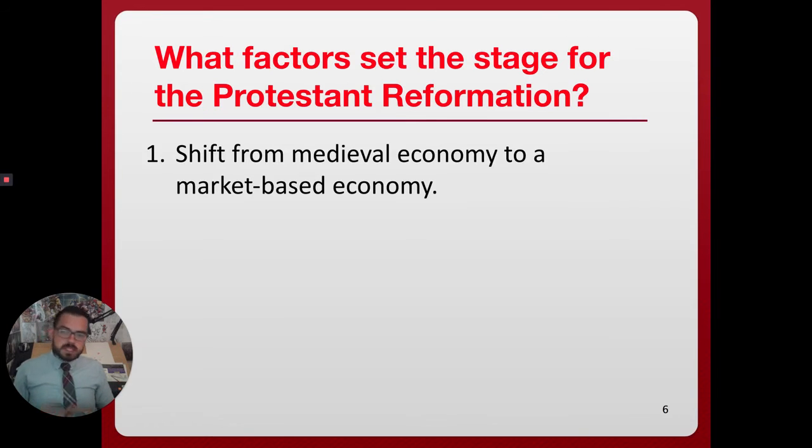Now, what happens in Italy and ultimately the northern countries as well, is there's a shift to the market-based economy. And this actually starts with the Renaissance in Florence with the Medici family. The Medici family are bankers. Okay, they actually start loaning money out, which people weren't doing at that time, unless you were Jewish. The reason, because the Catholic Church said usury, or loaning money on interest, was against the Bible and you couldn't do it. But the Medici find a loophole and they start doing it